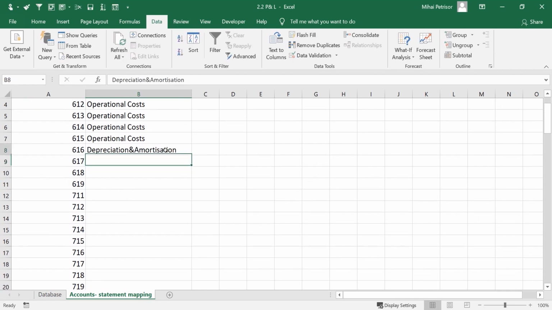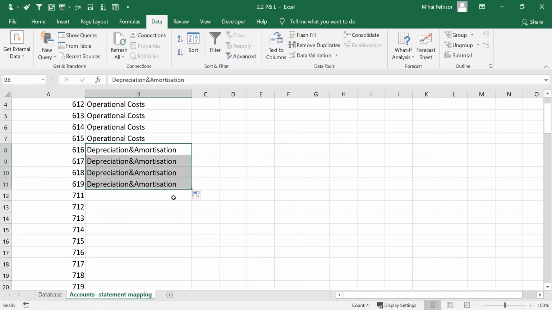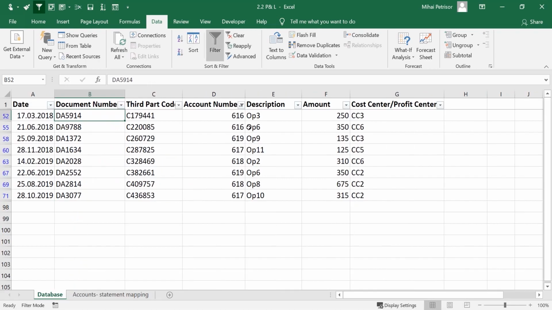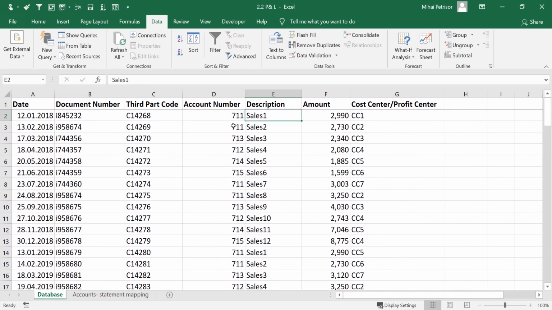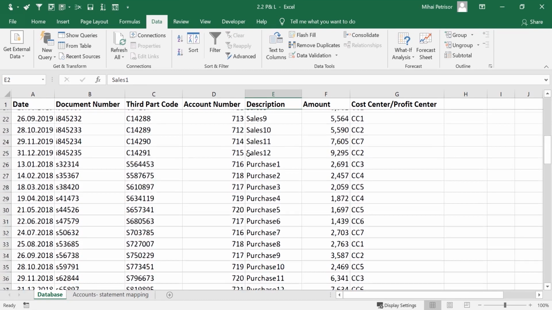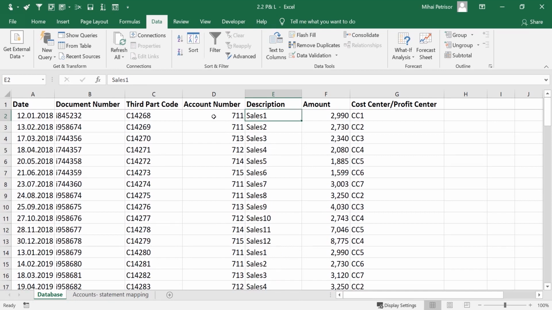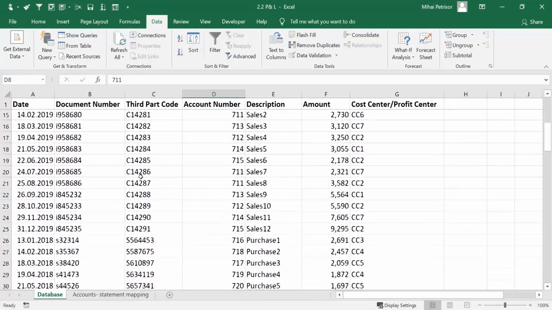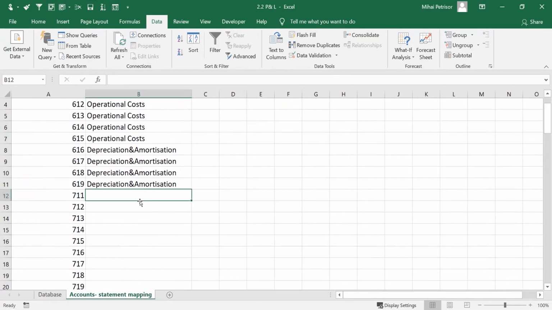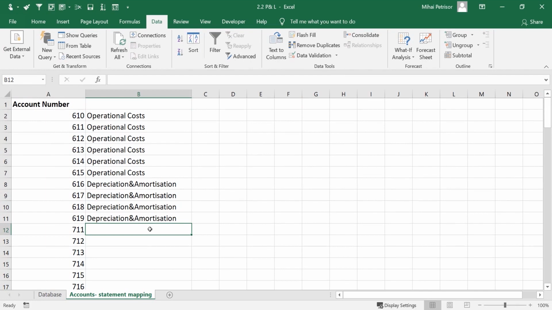Good. We'll copy, and then we have 711, which is an account for sales. So our net sales are represented by accounting numbers from 711 to 715. And as you can see, we have different sales in different periods. And right here, we have net sales,